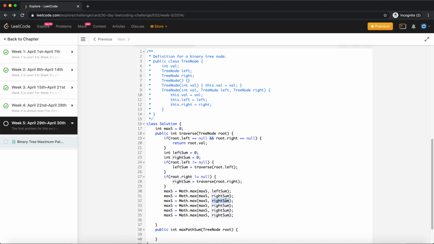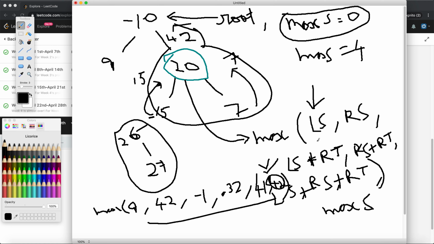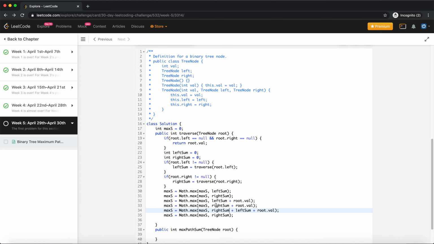So one would be left sum plus root dot value, right sum plus root dot value, and left sum plus right sum plus root dot value. 1, 2, 3, 4, 5. Okay, so there are 5 cases. So I can remove this,